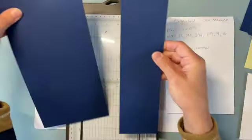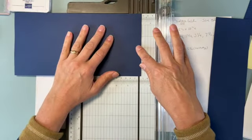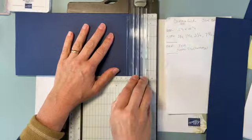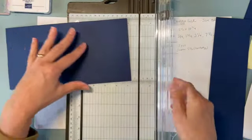So you get these two pieces. This piece we're actually going to use for the inside. So now I'm just going to cut 1/4 inch off this piece, right? 10 3/4, yeah. So we don't need that piece. And then